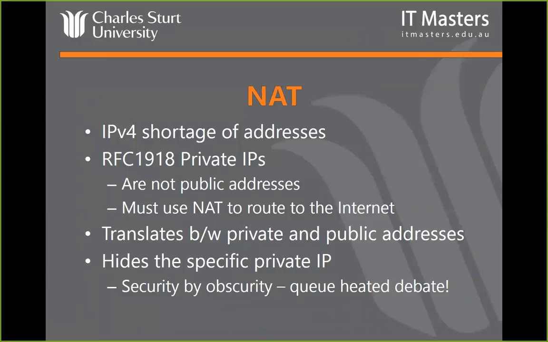It can also be used for connecting extranet partners or remote access VPNs, lots and lots of different applications of NAT. But at the essence of it, it really is just translating one address to another. So it hides the specific source IP, and you can do source or destination NAT. Typically we talk about source NAT, and CCNA certainly deals mainly with source NAT. So it hides the initial source IP address from an external or destination host. All it sees is a NATed address, not the real address.